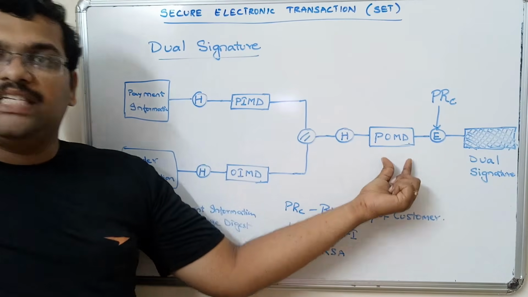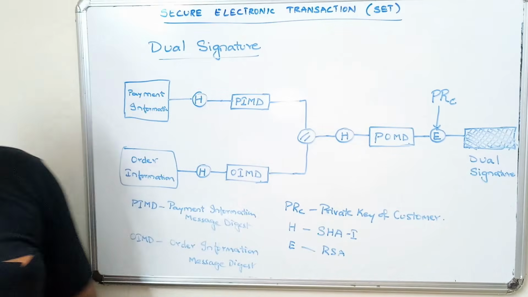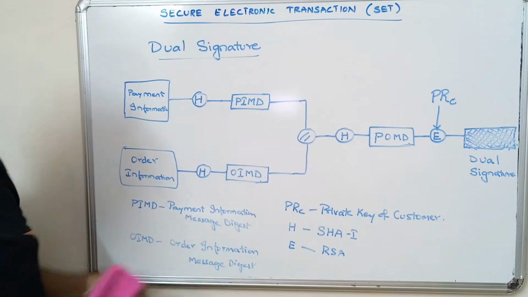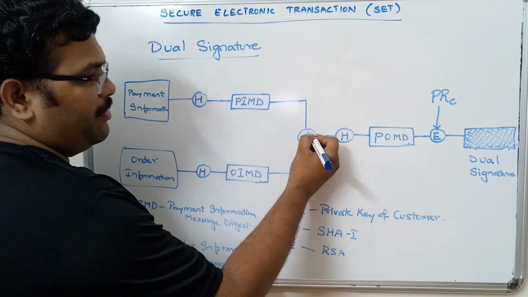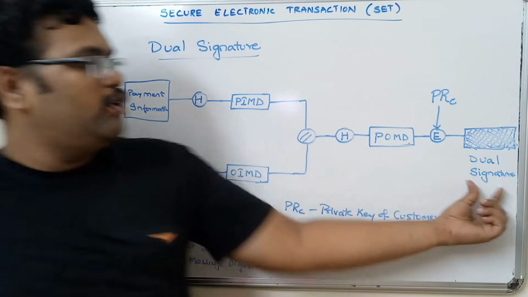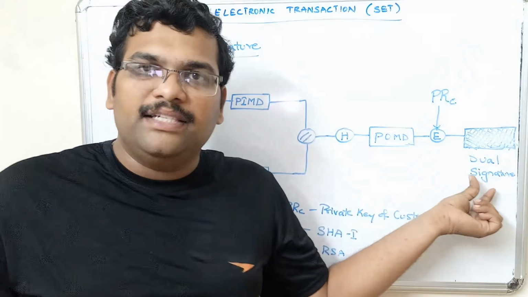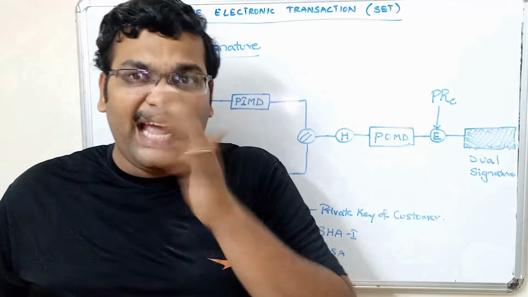Similarly, POMD is the payment order message digest. Then this is the appending, the concatenation. So this is the dual signature, and we have to send this dual signature to the merchant and the bank,